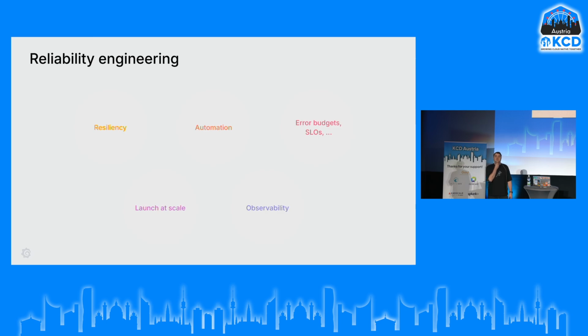And how do we know whether we are doing the right things or not? How do we measure how successful we are? So we end up with this notion of error budgets and SLOs. We specify our targets for the operation, our service level objectives. So we say that we need to respond to our users within 100 milliseconds, 95% of the time. So that's our SLO. How do we make sure that we are not breaking our SLO? We start measuring that. We start adding SLIs, service level indicators, metrics basically. And then we track that over time.